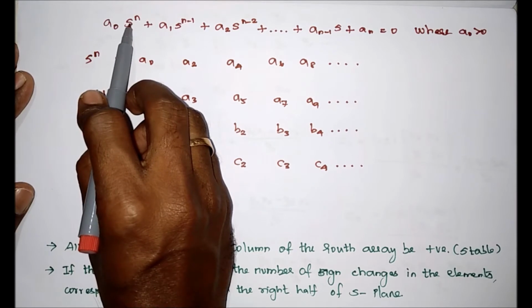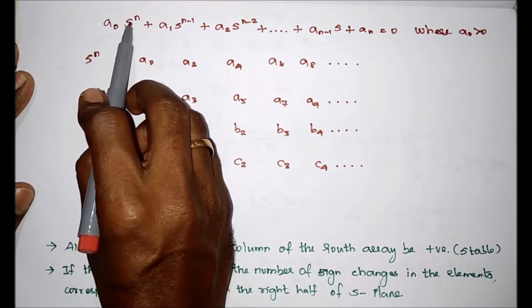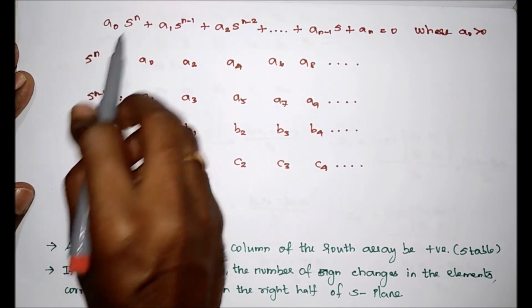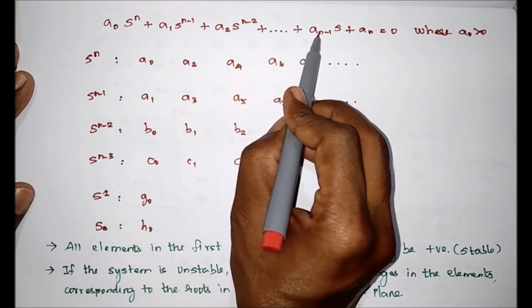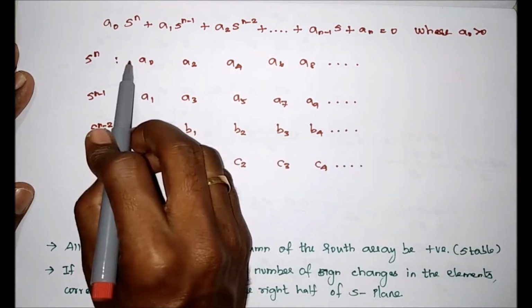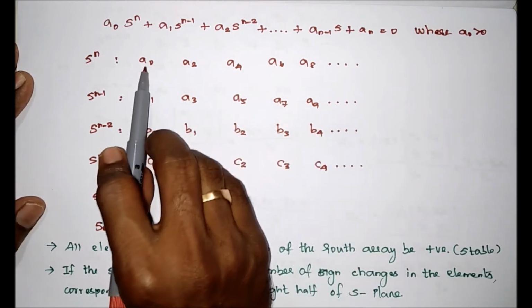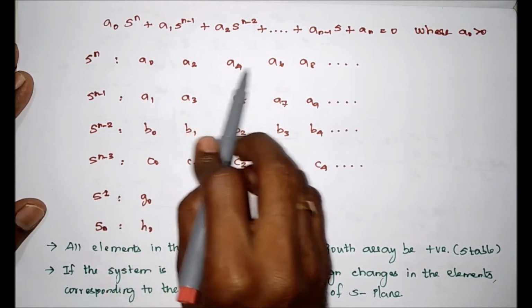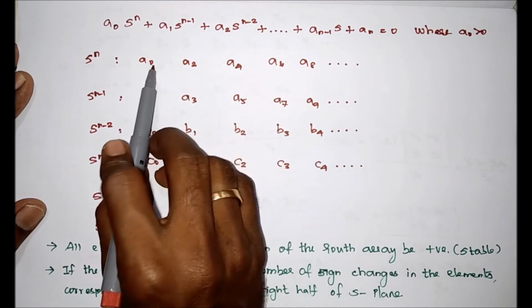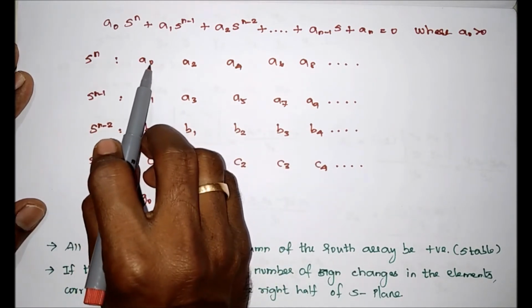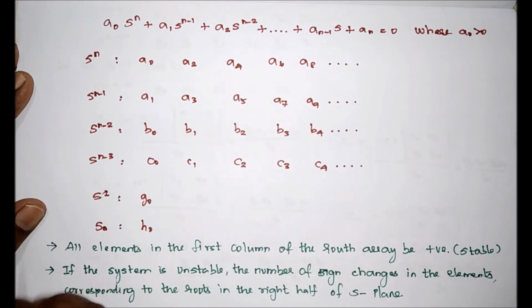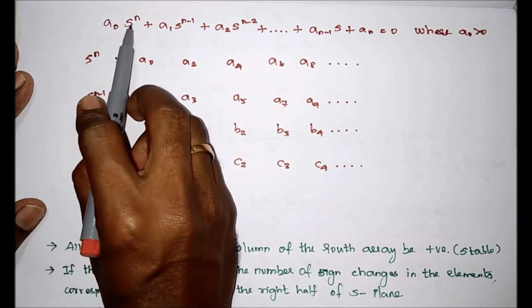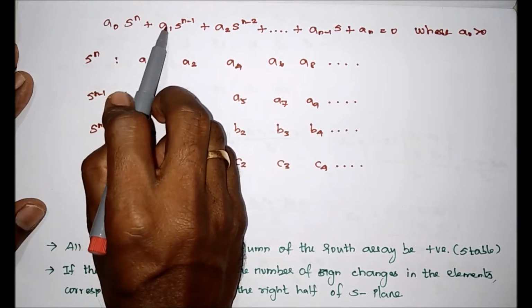For example, if s power n is an odd number, we have to select the next odd power, then the next odd power's coefficient, and so on. Likewise we select these, and we can name them a0, a2, a4, a6, a8. We can say this is for even, because 0, 2, 4, 6, 8. Then next, if it is even, definitely the next will be odd.